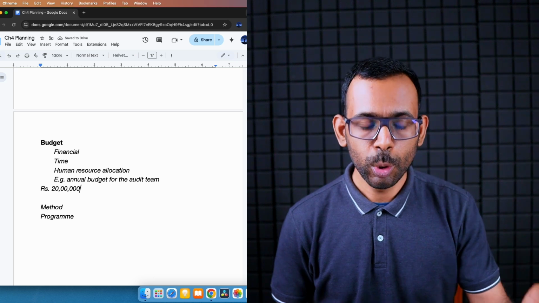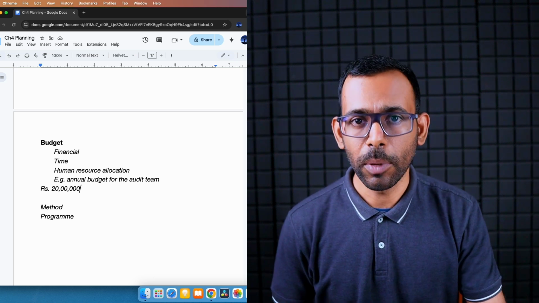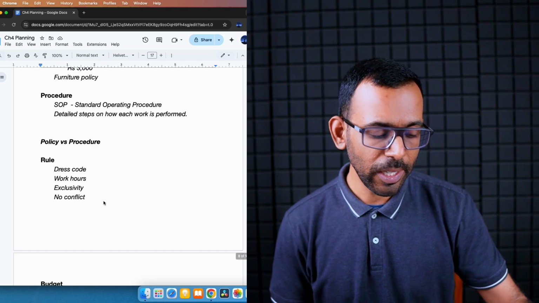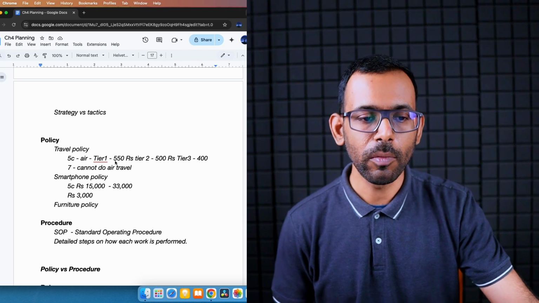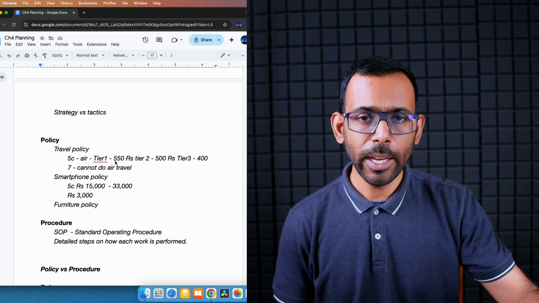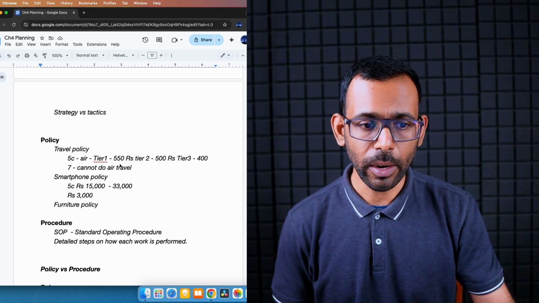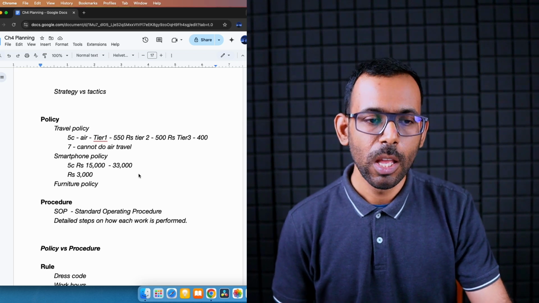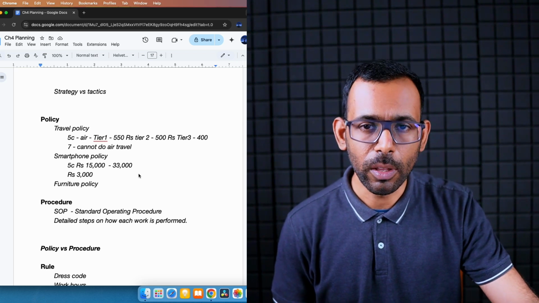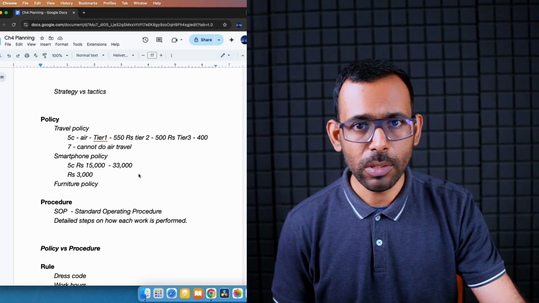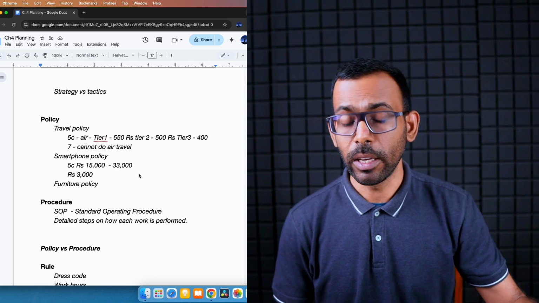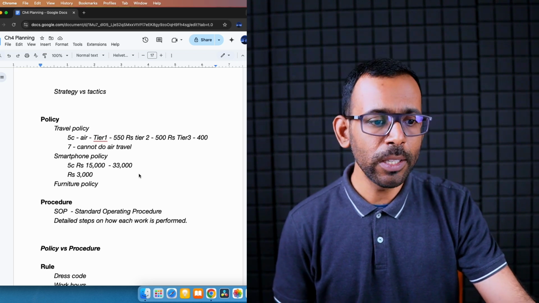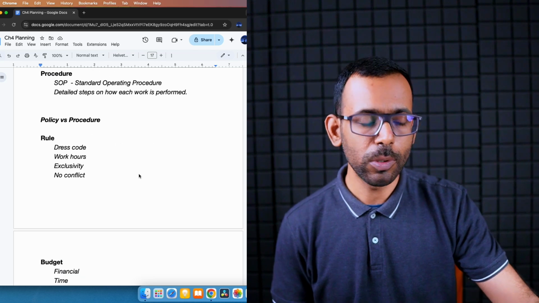This 20 lakhs should be used for all the travel that I mentioned. For explaining this concept of policy, I told you about my travel from Chennai to Mumbai for 14 days, isn't it? If I go from Chennai to Mumbai for an audit for a 2-week period, it will roughly cost the company almost 50,000 per person. So if 2 of us go, it will cost 1 lakh for the company. The flight ticket itself will cost around 15 to 20,000. Then we have to stay there. Then we have our food expenses. All those things will add up. So for 2 weeks, it will cost the company 50,000 at least to 1 lakh.